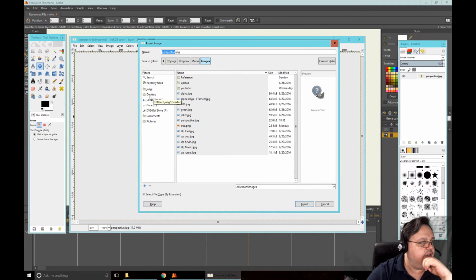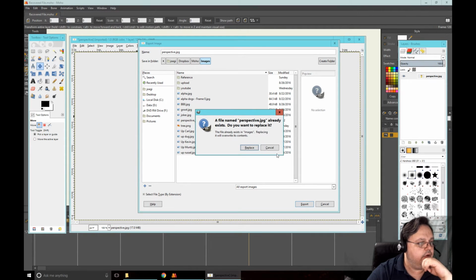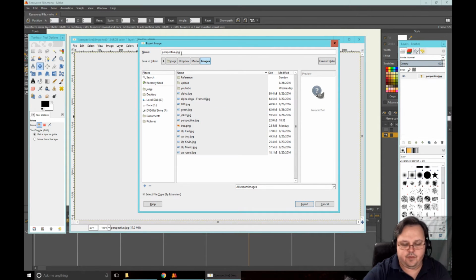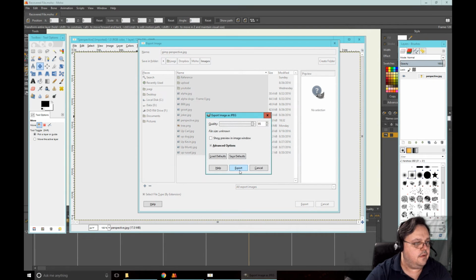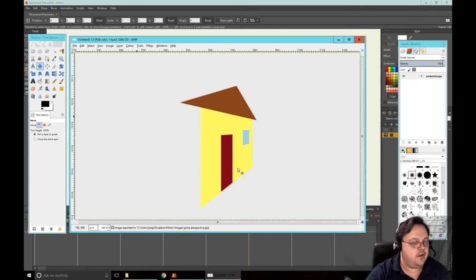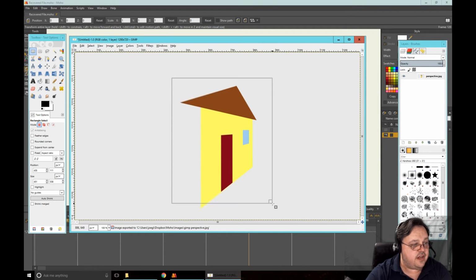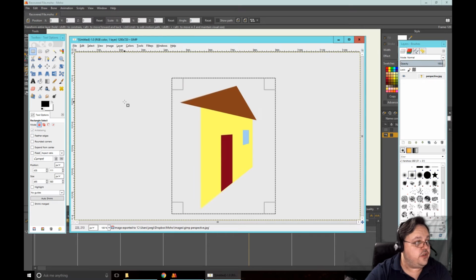And to make it easy, oh, it's in the right folder. Perspective JPEG. Nope, do not replace. GIMP. GIMP. Perspective JPEG. Export. There you go. Now, please make sure that when you do have a selection after a transform, to select